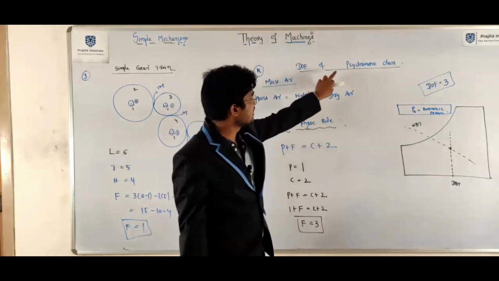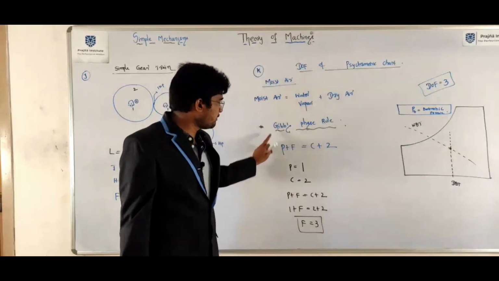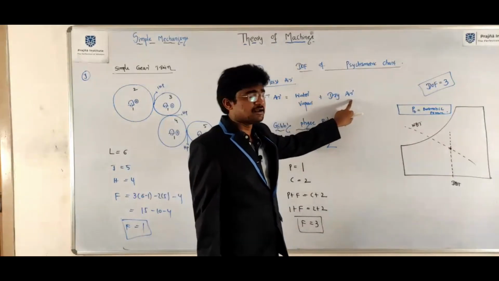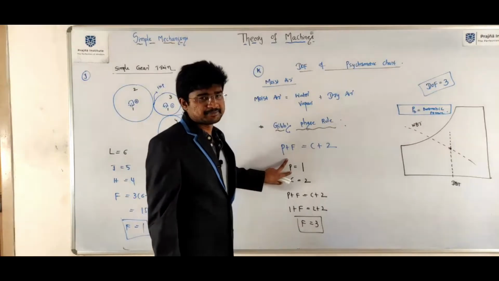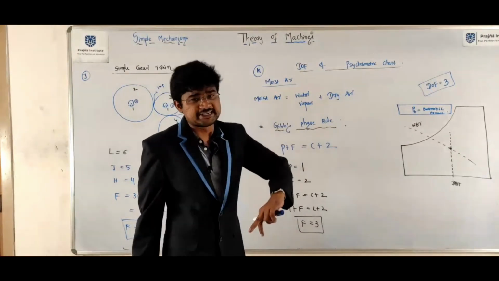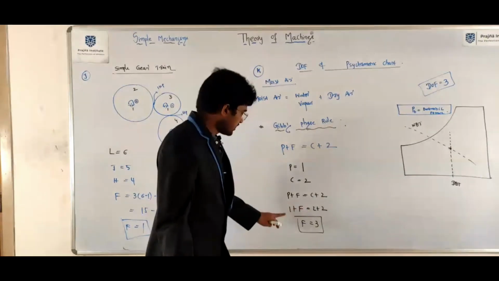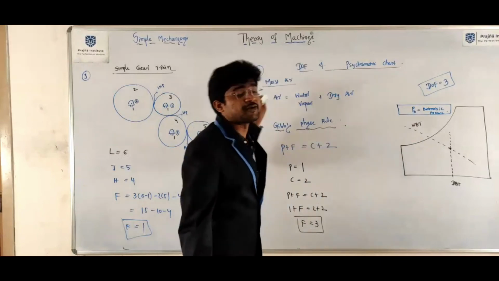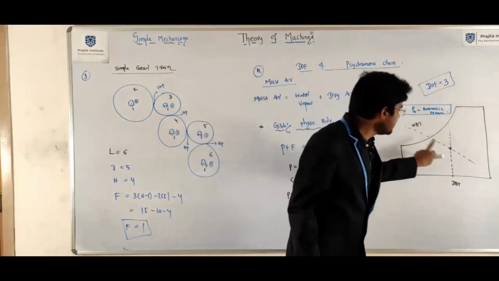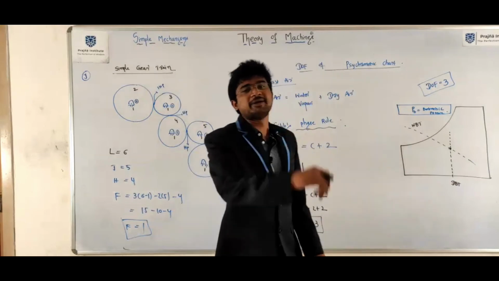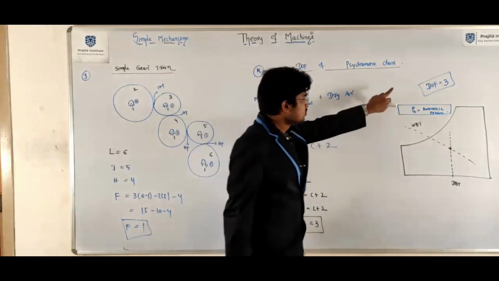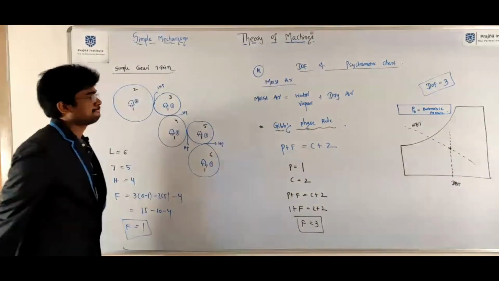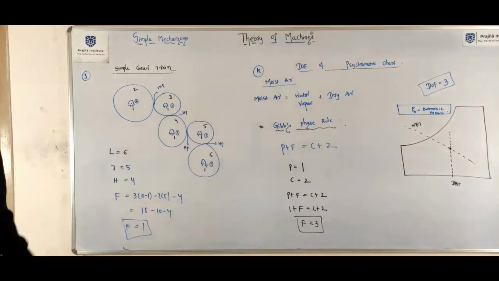You can calculate the degree of freedom of moist air based on the Gibbs phase rule. Moist air contains water vapor and dry air. Moist air is a phase, and it contains 2 components, water vapor and dry air. Finally, you will get 3 degrees of freedom for moist air. The total psychrometric chart is drawn for moist air. Here, any 2 parameters along with barometric pressure are required. That is why we can say the degree of freedom of the psychrometric chart is 3. Right now, Priya?